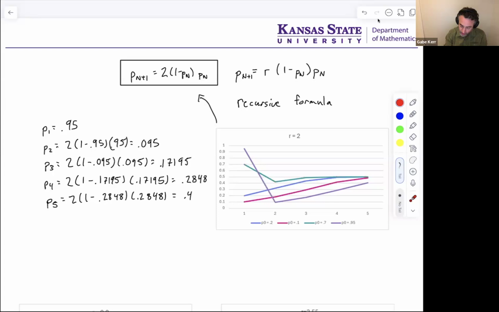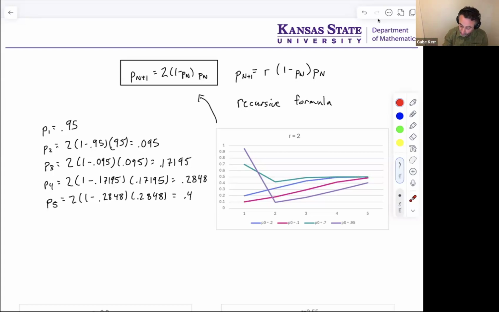I put in the 0.2 value and I got this graph. And I put in the 0.1 value and I got this graph. And you might see some kind of pattern here. And indeed, there is a pattern here. And that is that, in fact, let's see what happens if I put in something that's not on this